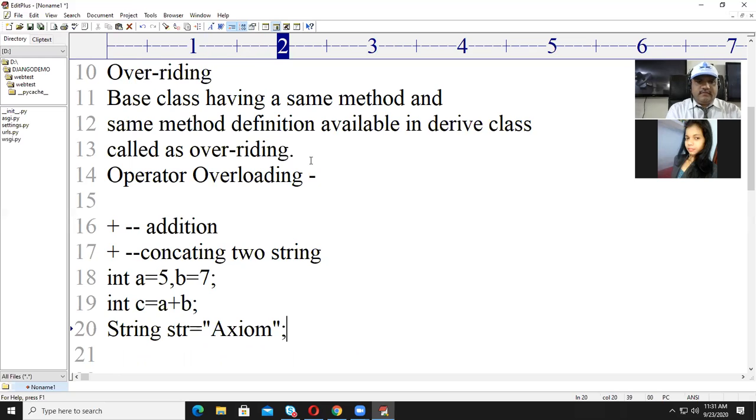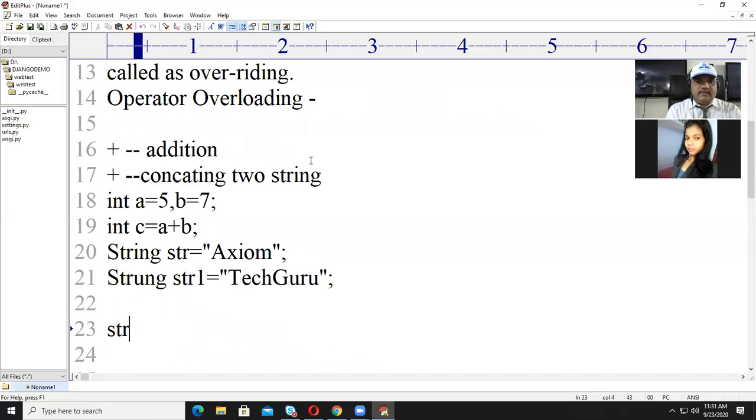But if you write string str equals "axiom" and string str1 equals "tech guru", and if you write string str3 equals str plus str1, what will happen?